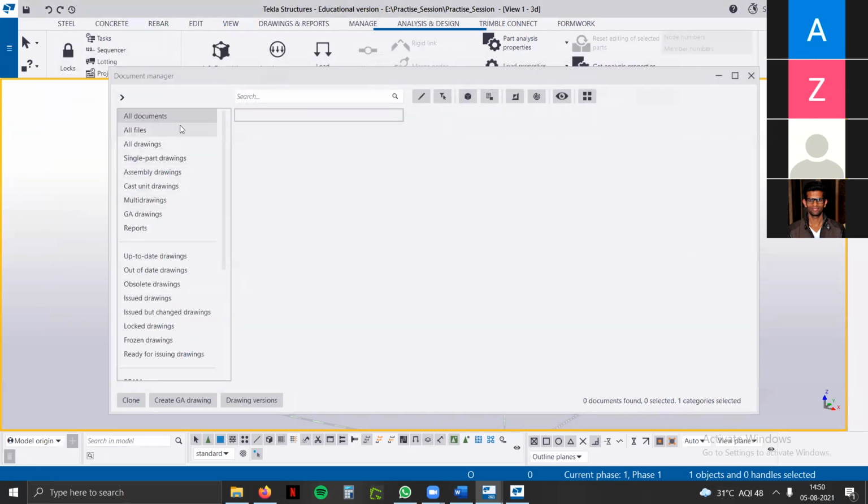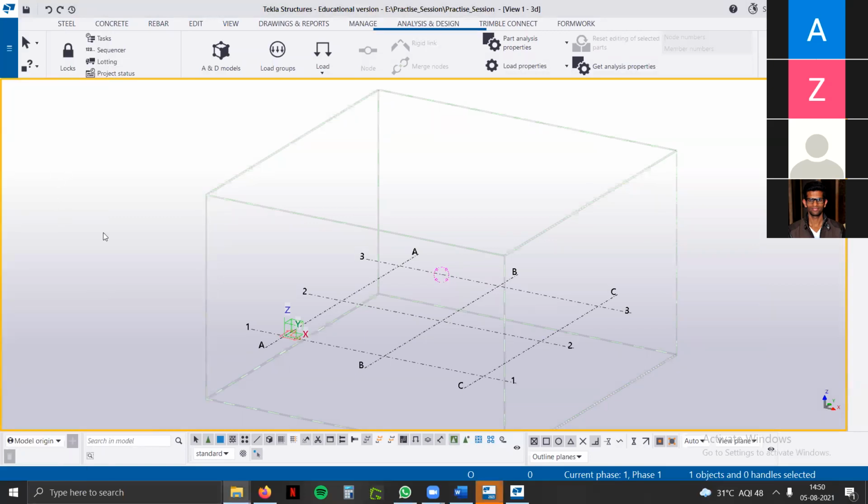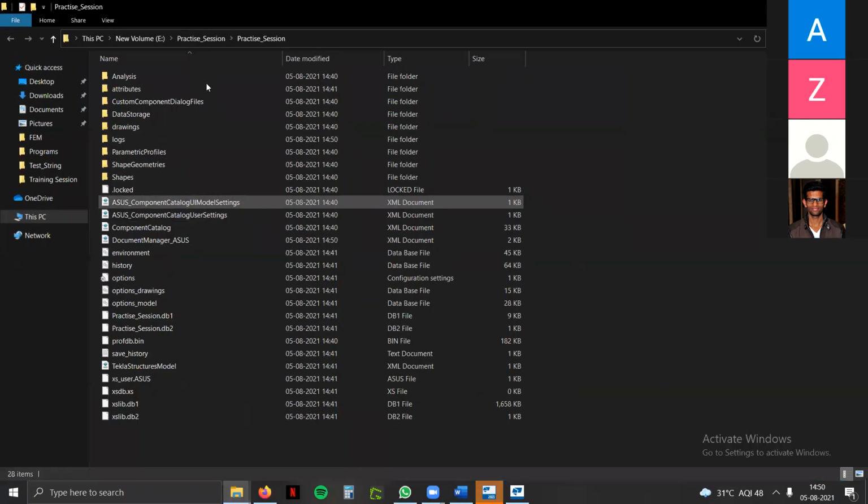So we have different options as well, what type of nature we want to have extraction, like document manager. Then we have a model folder, open model folder. In the starting, we have generated one folder for that model. So over here we have loaded the model folder. So in this folder, we have